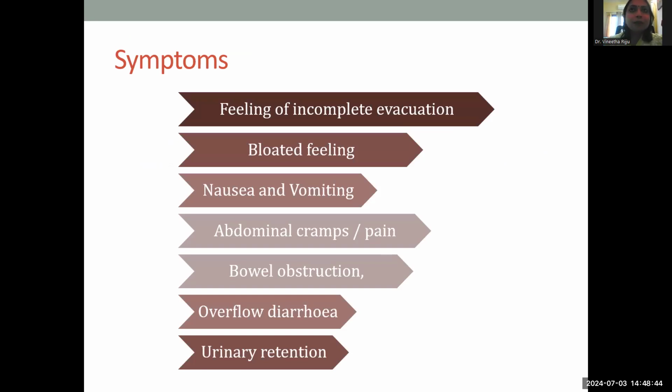But what happens is that the patient comes to you and tells you that he's having loose stools, and if you do not ask them the very, very vital question, when is the last time you had a normal stool, you will miss the overflow diarrhea. So coming to that, what is overflow diarrhea? Could you tell me what is overflow diarrhea?